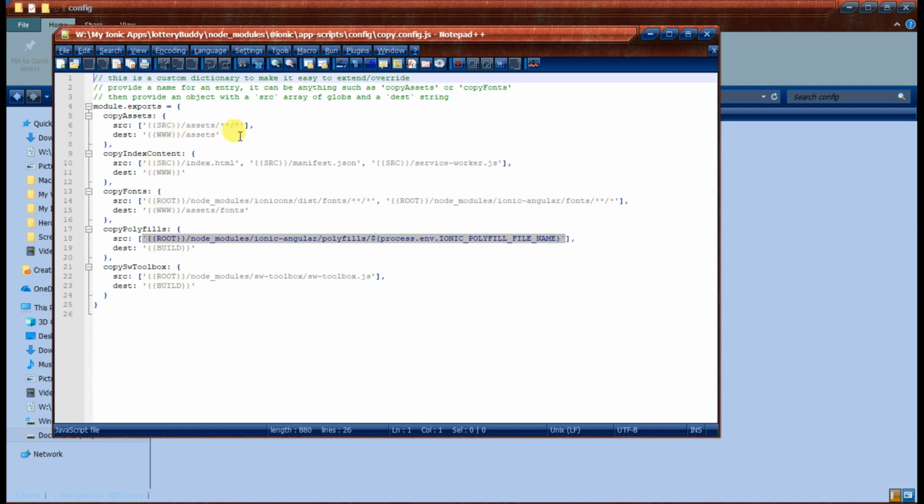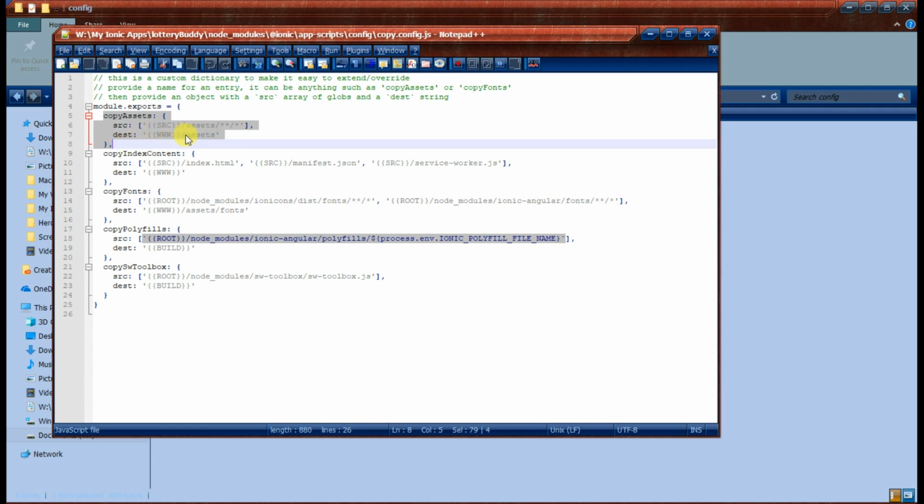And this is the reason why when we use the CSS directory under assets, it worked, because this line here, if you like, is copying all of the subdirectories under assets. One of them included the new CSS directory we added, and it's copying them to the destination directory, which was